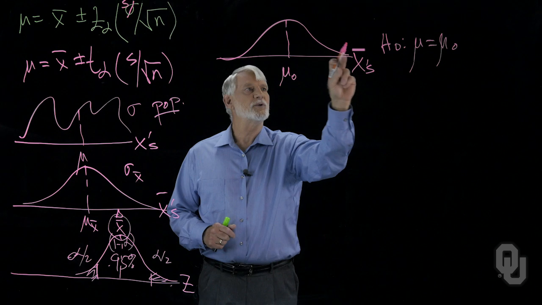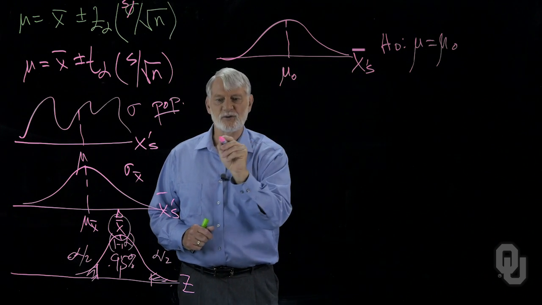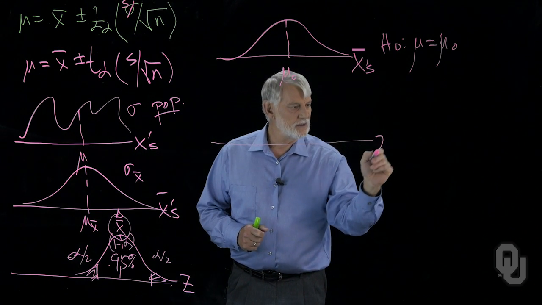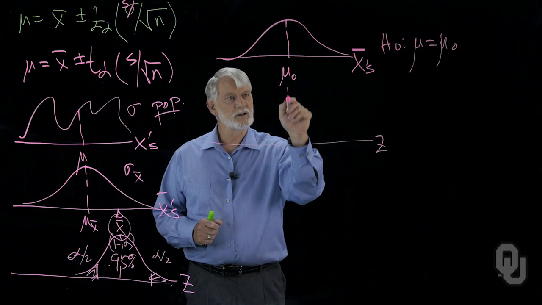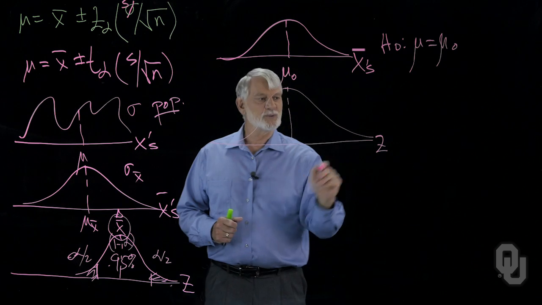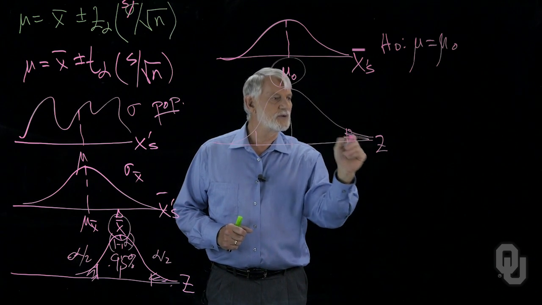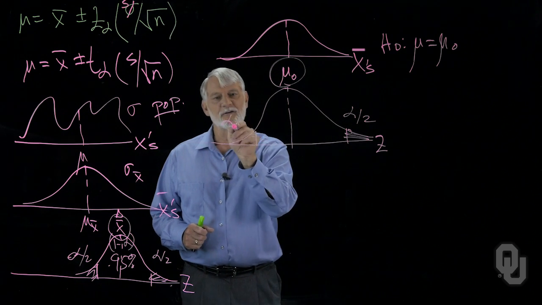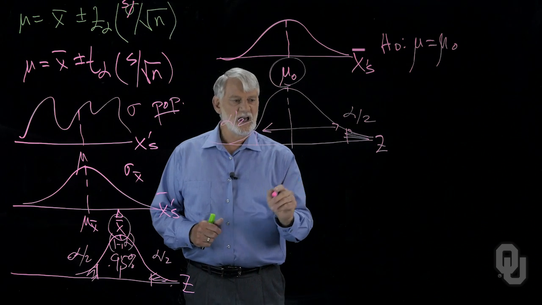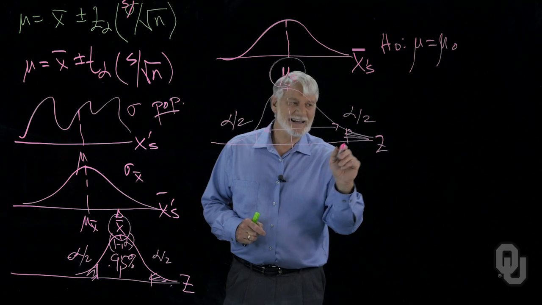So we set the normal distribution of the sampling distribution on top of the hypothesized value. Then, under here, what we have is the z, because it's normally distributed. And what we're doing, in reality, is putting a confidence interval around the hypothesized value. Here's alpha over 2 here, alpha over 2 here. In between, we have our level of confidence, and what we do is we can calculate